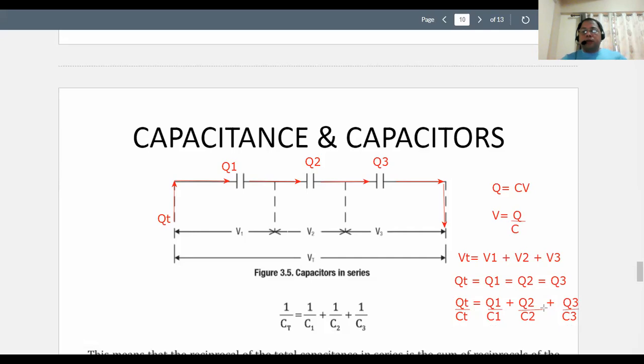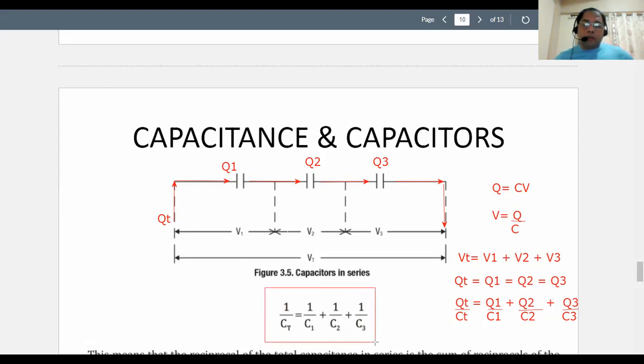Now what we notice, however, is that Q total, Q1, Q2, and Q3 are all equal. When they are all equal, then you can simply factor them out. And if you can factor them out, then you can cancel them eventually, if they are found on both the left and the right side of your equation. Therefore, if you factor out the numerator, what is left in the numerator? You could not say that there's zero value in the numerator, but instead, if you factor it out, what is left will be 1. So if 1 is left in each of the numerators, you'll notice that this equation will now